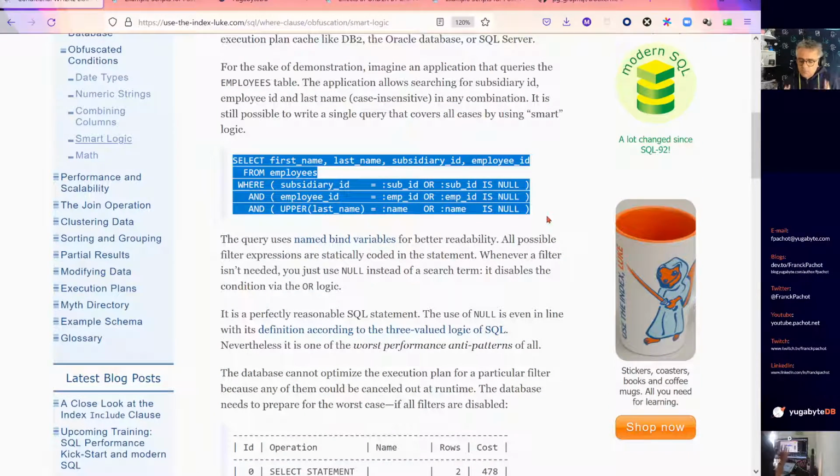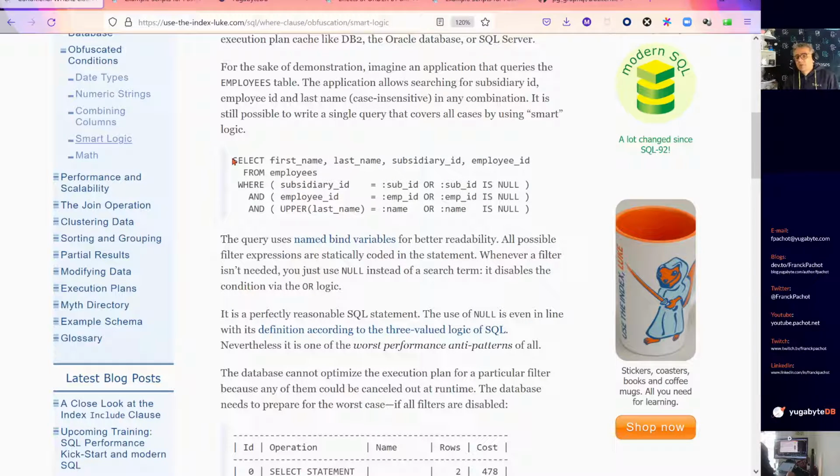With those databases where you prepare the statement, you may be tempted to prepare very generic statements. This is an example for an application where, for example, you have a multi-criteria screen where you can search with a subsidiary, employee, upper last name, and you provide one or all of them. And then many applications which fear the dynamic SQL, building the predicates depending on the user input. What they do,